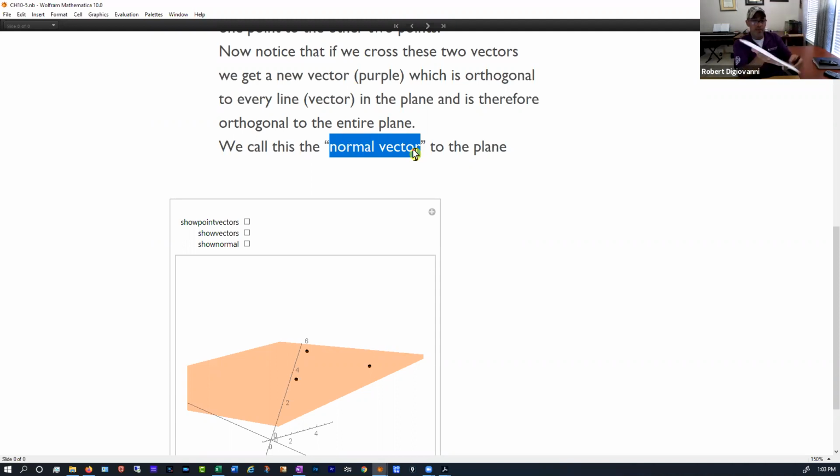Every plane should have this. So if I tilt the plane this way, then my normal vector should be pointing out like this, right? Now, the normal vector could also be coming out the other side, but for every plane, I should have a vector that's orthogonal to the plane. Make sense? Okay,